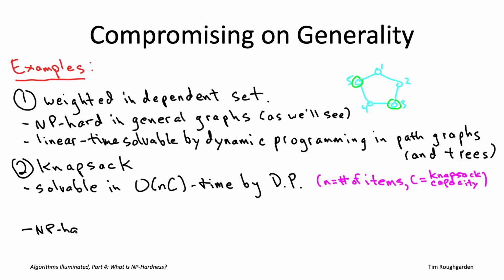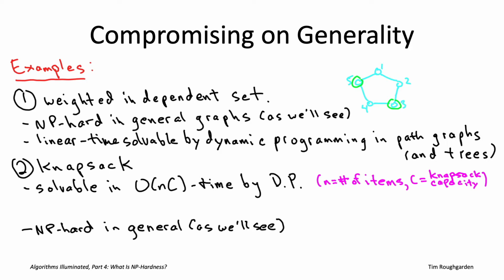On the other hand, as we will ourselves prove later in this video playlist, the knapsack problem in general is an NP-hard problem. Now, you might be puzzled when you look at these two statements: that the knapsack problem is NP-hard, and that on the other hand, we gave an O of n times C time algorithm for it using dynamic programming. So why doesn't this O of n C time algorithm for the knapsack problem refute the P not equal to NP conjecture? That would be a pretty big deal.